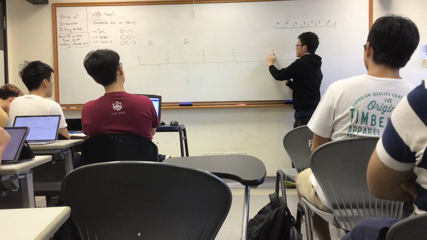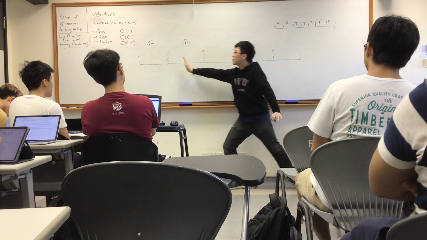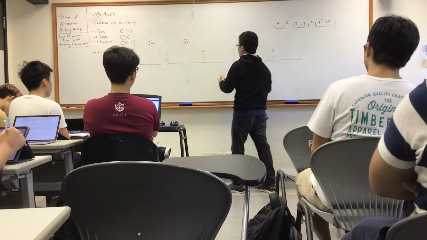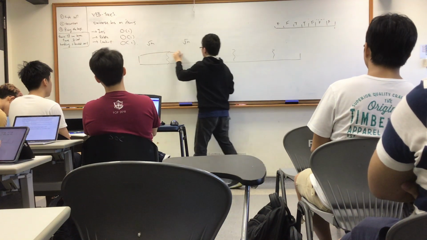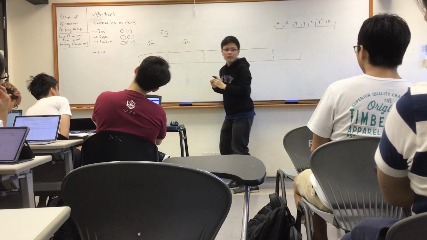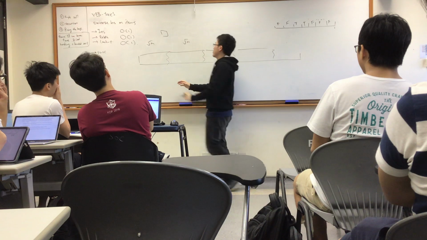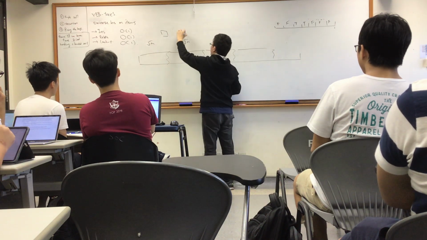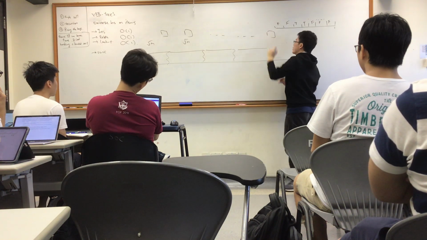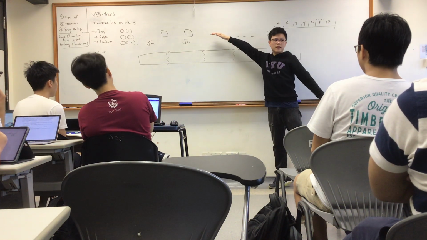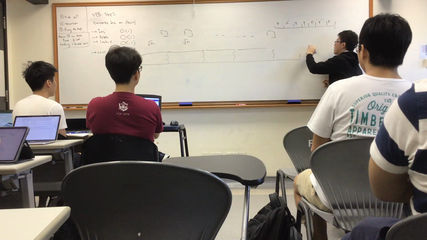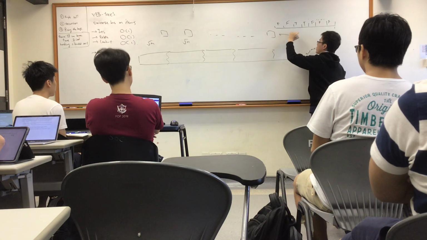Now if I keep dividing up my array like this, and each cluster is of size root m, how many clusters do I have? Root m, great. So I have root m clusters. Now for each of these clusters, I'm going to dedicate a single bit to it, somewhere else, separately. Cluster 1 gets a bit for itself, cluster 2 gets a bit for itself. And since there are root m clusters, I only need an extra root m bits on the side. All of these I'll keep in one more array. So this is the main array, and this is going to be the summary array.